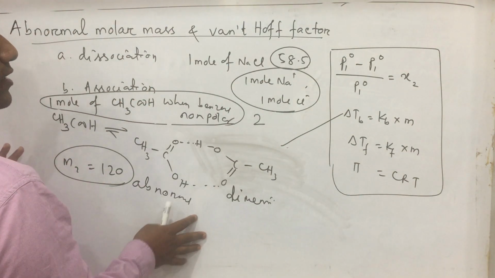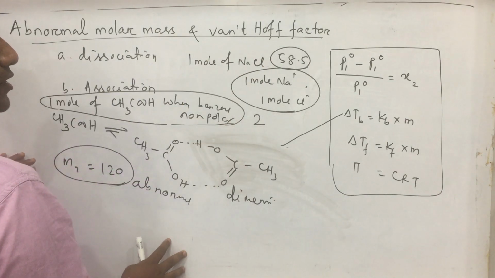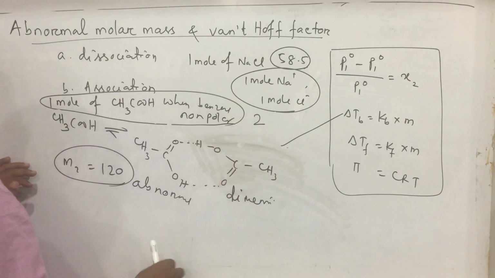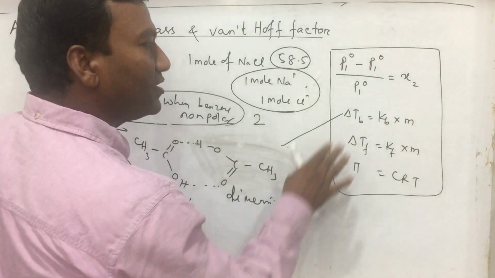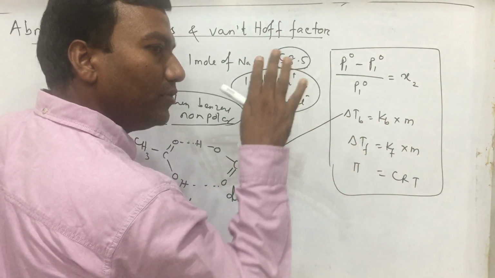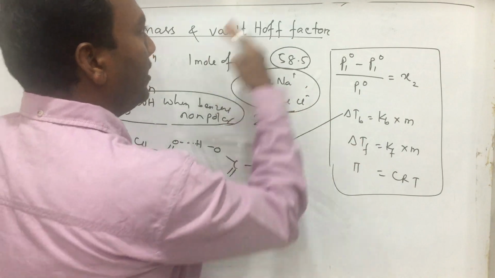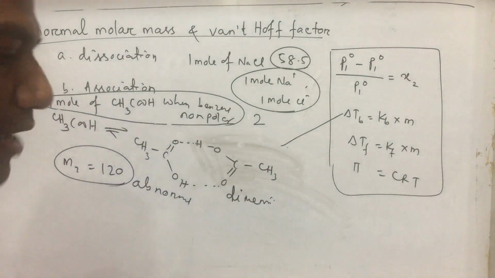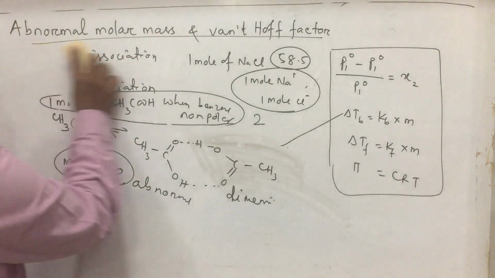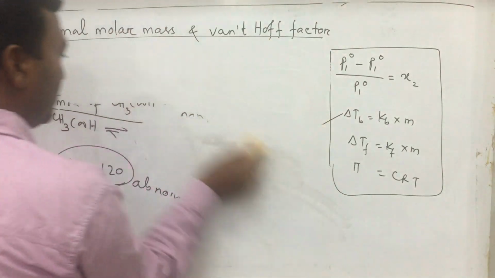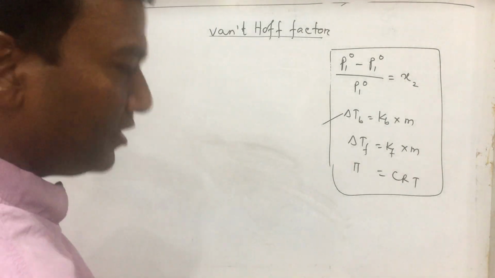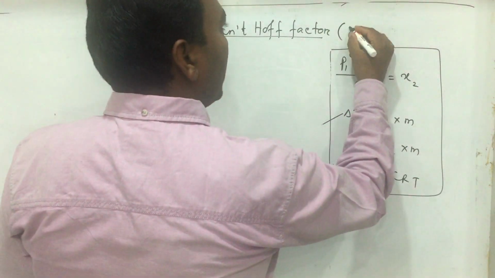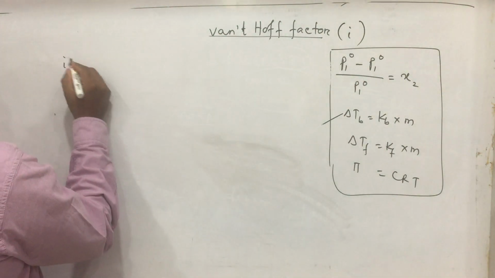So that's why the scientist Van 't Hoff thought that if you multiply something in this formula, then the molar mass will come normal. So the next part is, what is Van 't Hoff factor? Van 't Hoff factor, its symbol is small i. So Van 't Hoff factor is defined as,